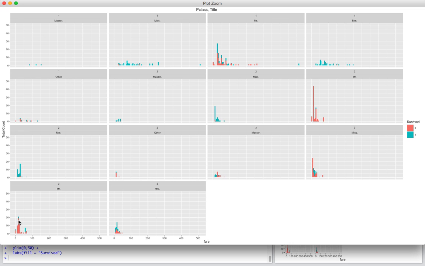I would be worrying about, look, if I actually tried to make my model pick this one piece of data out and say, oh, if you happen to be an adult male in third class and you happen to pay this exact dollar amount for your fare, most of the time you survive, I would be worried about overfit. And what I mean by overfit is